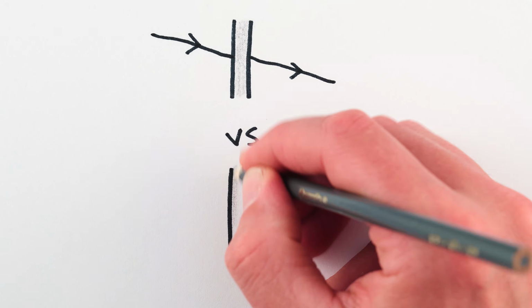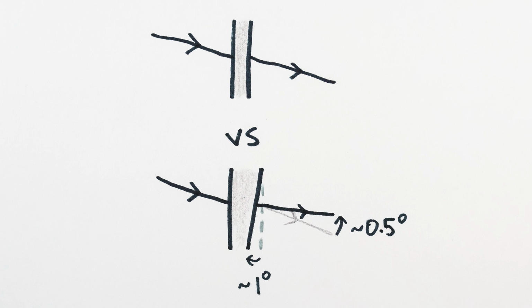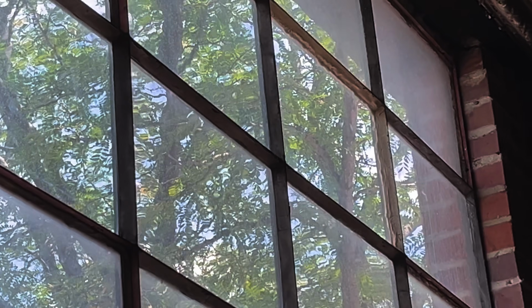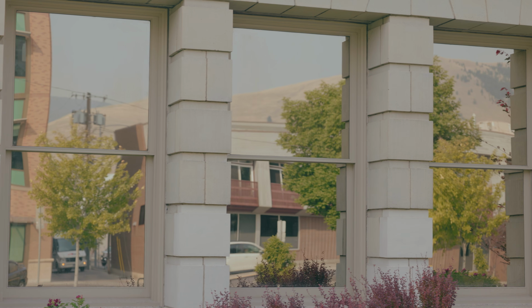If the glass surfaces aren't perfectly parallel, then the relative angles do change a bit. If the surfaces are, say, a degree off from one another, then the image you see will be displaced by about half a degree. So if the window varies in thickness, you'll see some distortion, like what you see looking out of old windows. However, when you're looking at the wavy reflections of trees from the outside of a building,